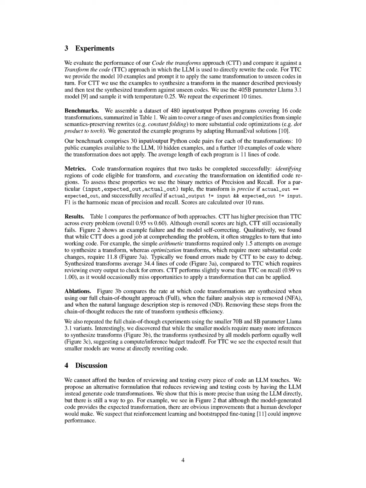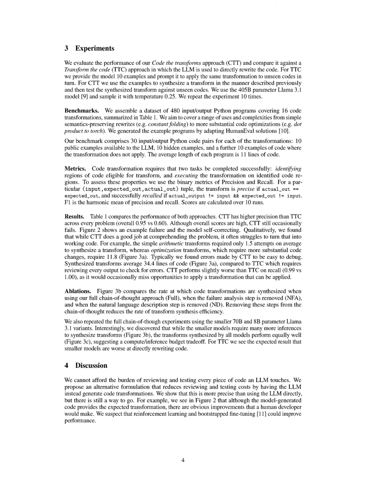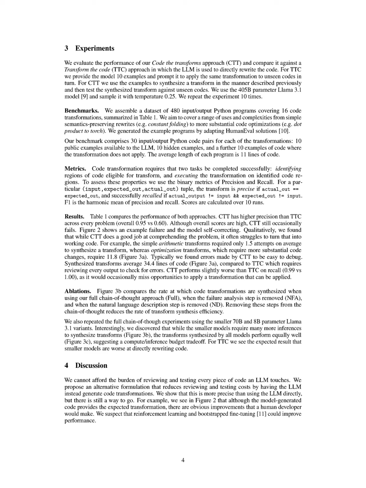Performance is assessed using binary metrics of precision and recall, where precision is defined as the ratio of correct outputs to total outputs, and recall measures the ability to identify applicable transformations. The results indicate that CTT achieves higher precision, 0.95 compared to TTC's 0.60, although it occasionally misses transformation opportunities, reflected in a recall of 0.99 for CTT versus 1.00 for TTC. The experiments also include a failure analysis step, which enhances the efficiency of transform synthesis, demonstrating the importance of introspection